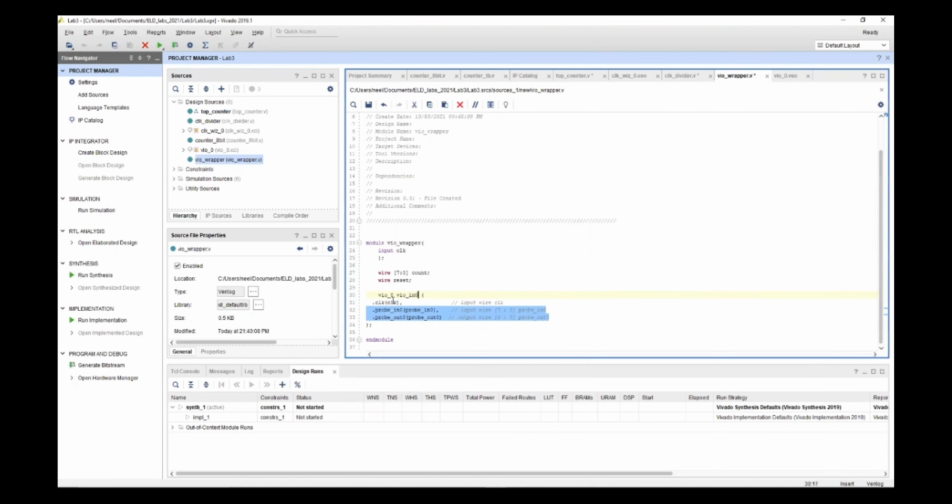The clock will be the clock in, and the probe input is of 8 bits, so obviously we'll give count over here. There is a reset, the input that we are giving to the FPGA, so this will be the output over here. Now we make the connection between the wire and the VIO IP. Now we need to make the connection between the wire and the top adder, such that the connection between the VIO and the top adder is complete. So now let us make the connection for the top adder.